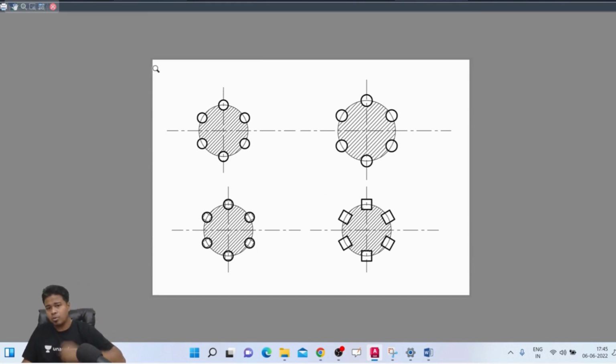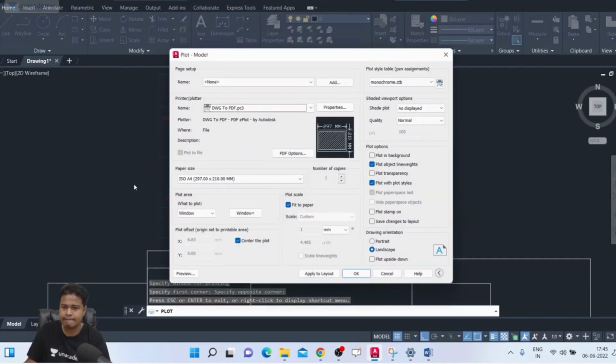Whatever region I had selected, that particular region will be shown here. So that's the window. Whatever limits I had set, only that part will be shown. Okay, let me explain one thing. See,